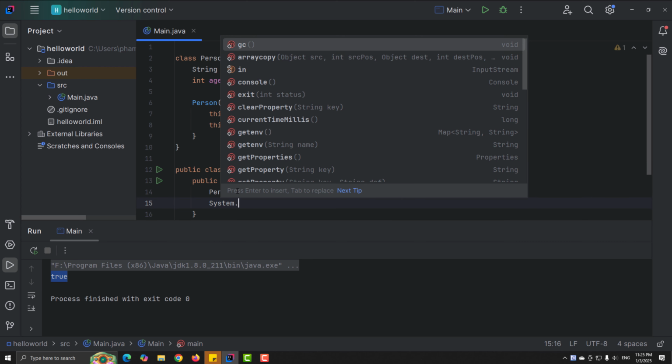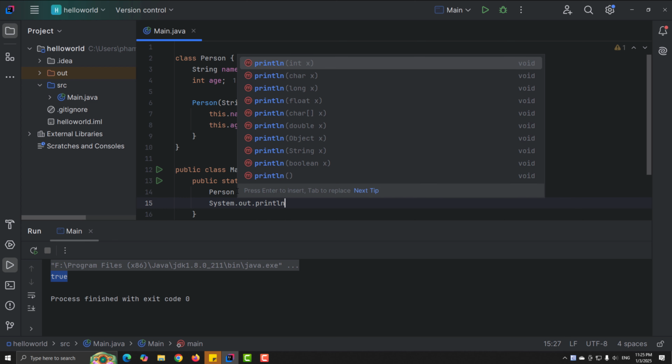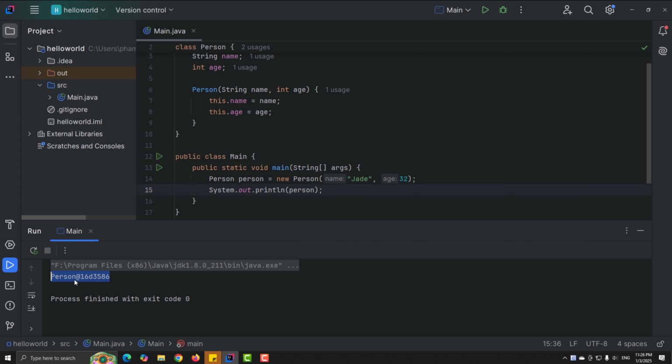And let's try to print the person like this. Okay, you can see in the console it prints a weird memory address. Okay, it's nonsense. So to make this output meaningful, we